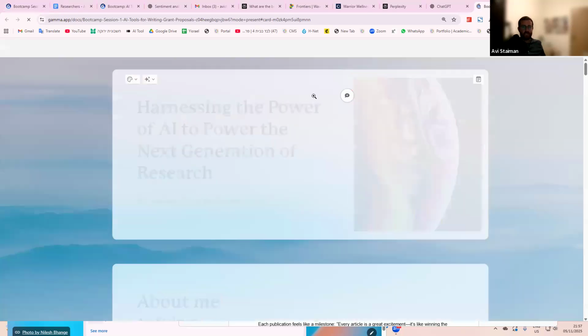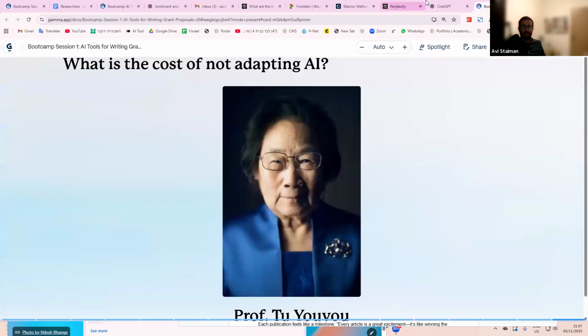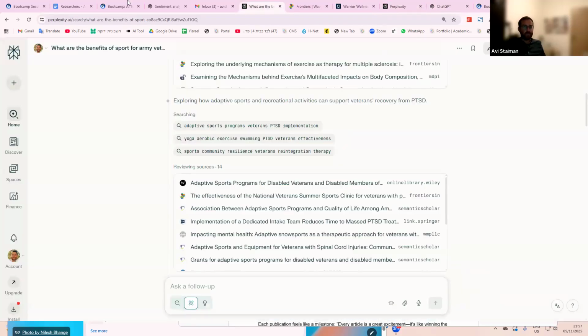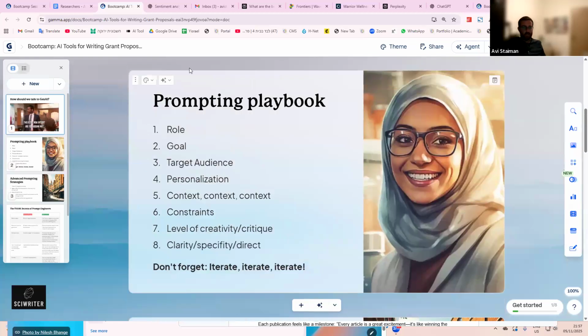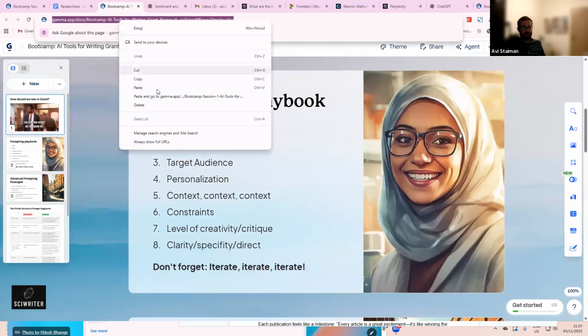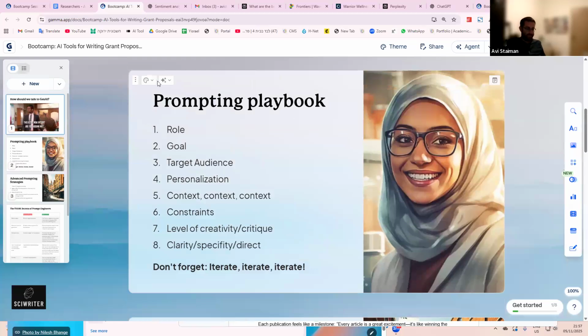Now, one thing we did not get to do today, which is okay, is the prompting playbook. So these are the components of a good prompt. I will also throw that into the chat below.